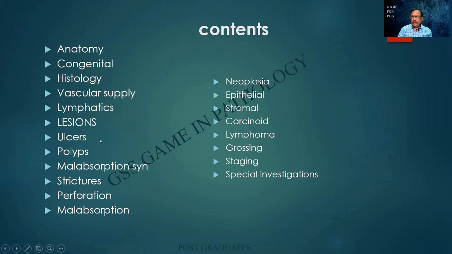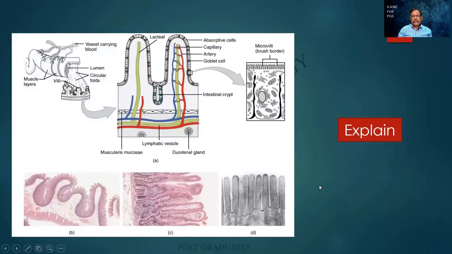In fact, one of the videos that I have seen was stunning, and I had acknowledged that particular author. So there will be the strictures, the perforation, the polyps, the ulcers that we will have to look for. They can be non-neoplastic lesions as well as neoplastic lesions. And the importance of the neoplastic lesions is given in this table. This is what I was telling you. The layers of it we had